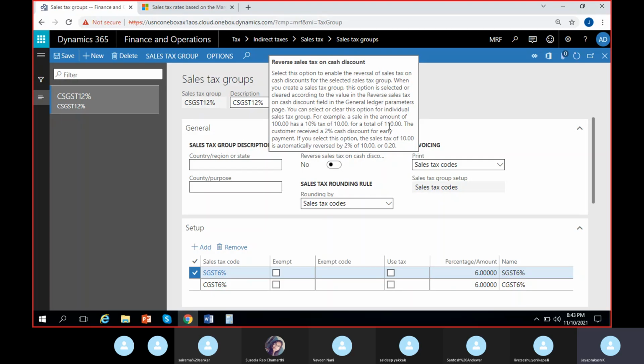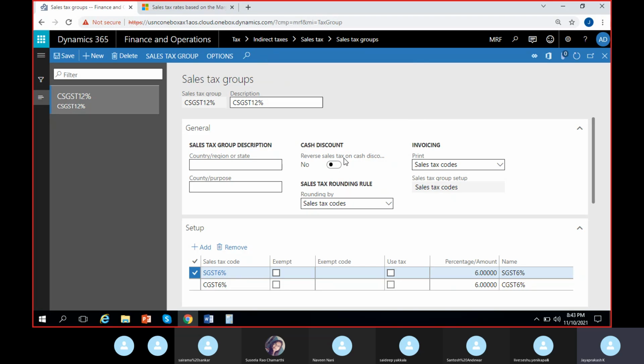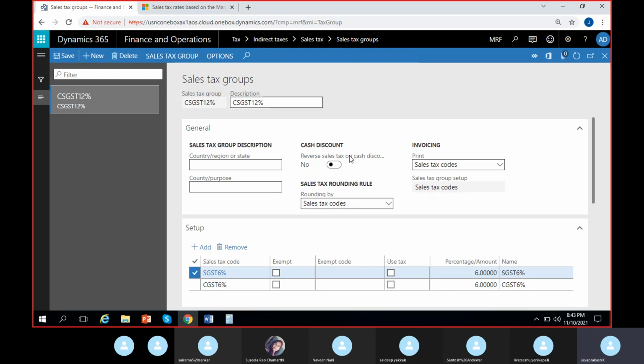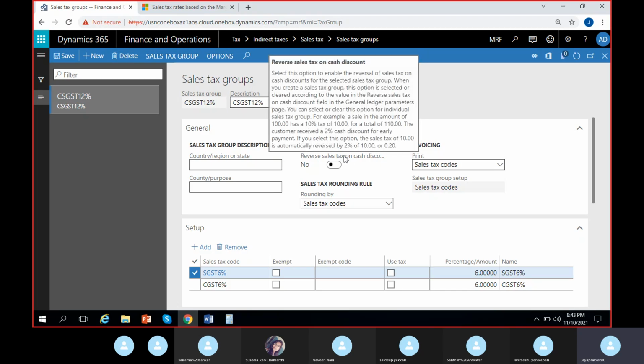For both of them, you are giving the cash discount of 2%. So on $10 of tax calculated, you have 2% of discount applicable, which is 0.20. So this 0.20 will normally be reversed, or reverse sales tax will be done. In case you are giving any cash discounts on the sales taxes, that will be reversed